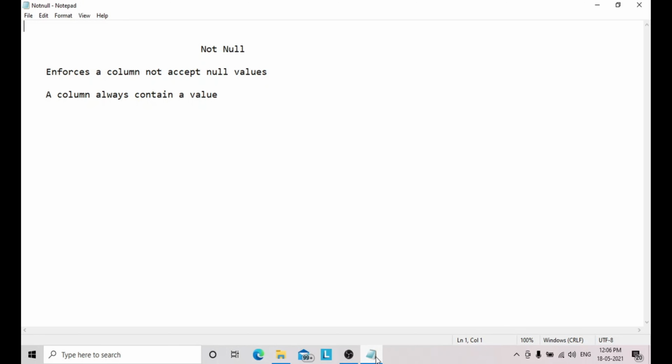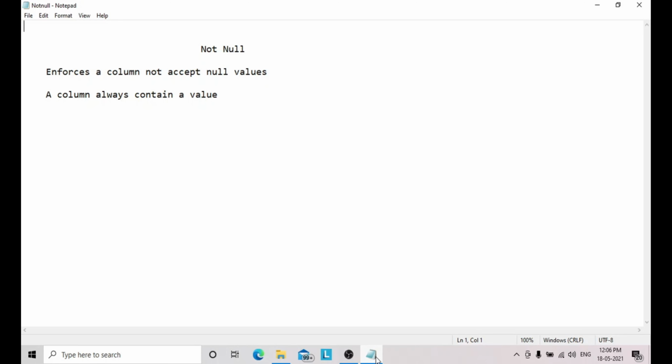In SQL Server, by default a column allows null values. In SQL, a blank space and 0 are not considered null values. By default, a column can hold null values.